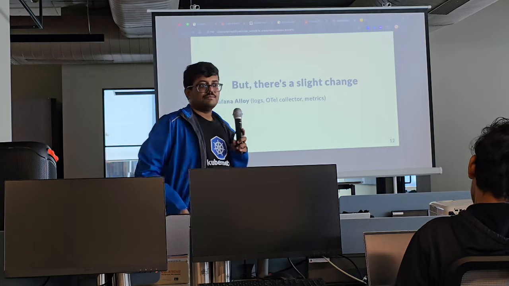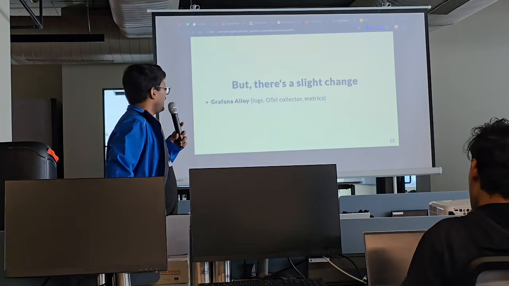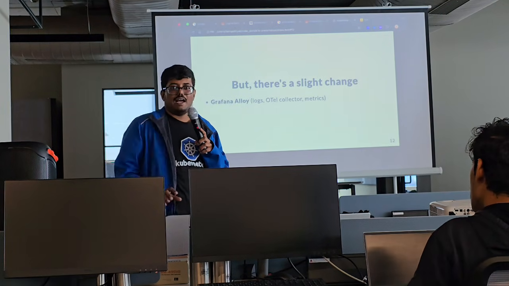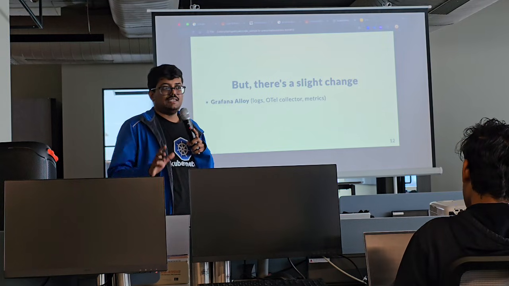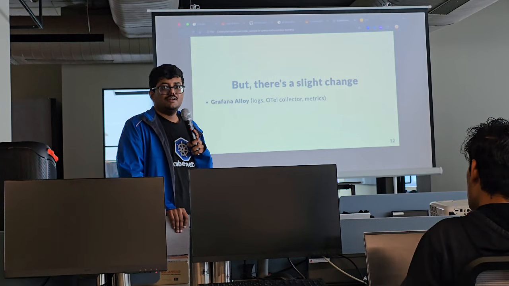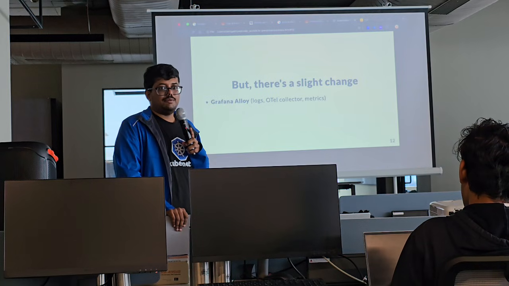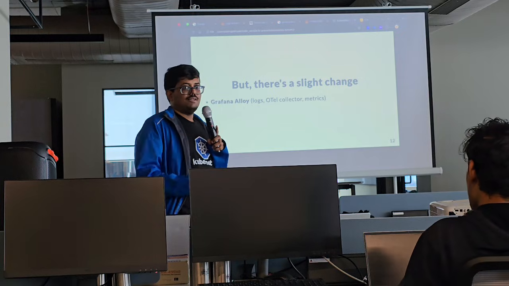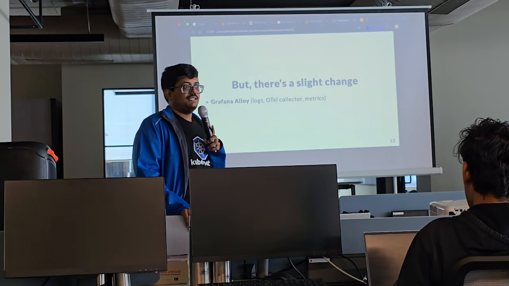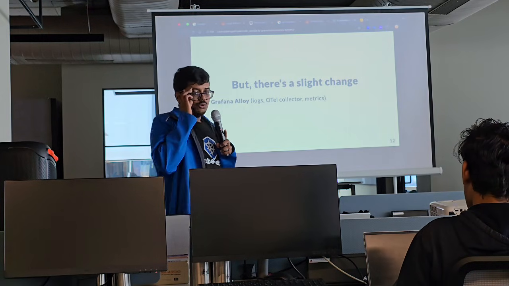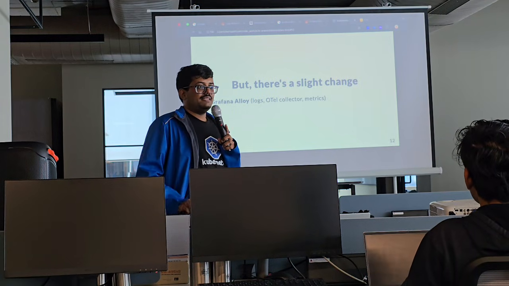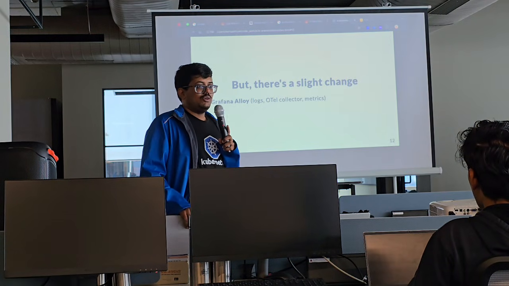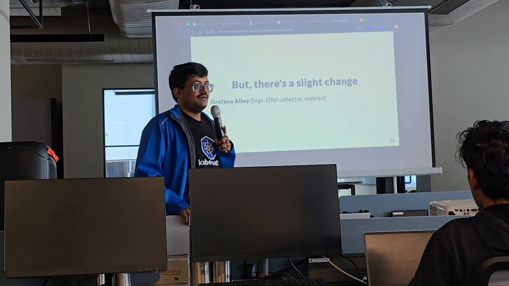There's a change. I'm not having all of this set up on my Raspberry Pi cluster. I'm having this set up in a centralized environment, someplace central. But then how am I getting all the logs and everything? If I want to get any logs, metrics, or telemetry from my Raspberry Pi based cluster,